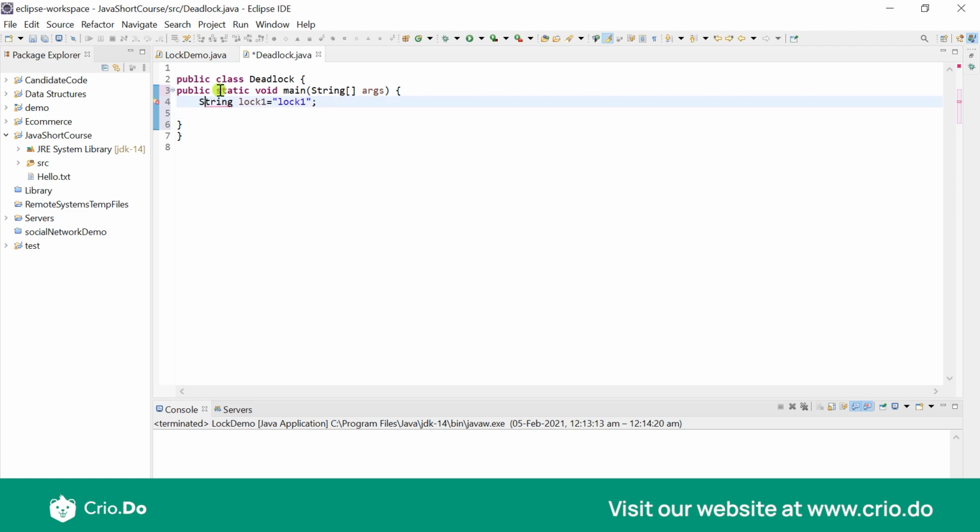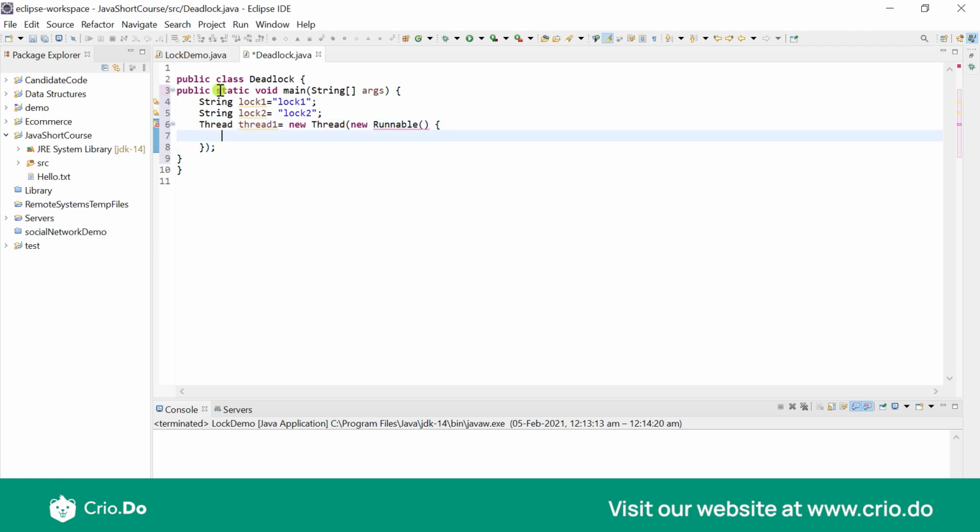So this is string and this is lock 2. Now in main, I'm going to create a thread 1. This is going to be new thread, and within this new thread, we have new runnable. And in this, as usual, we would override the run method.